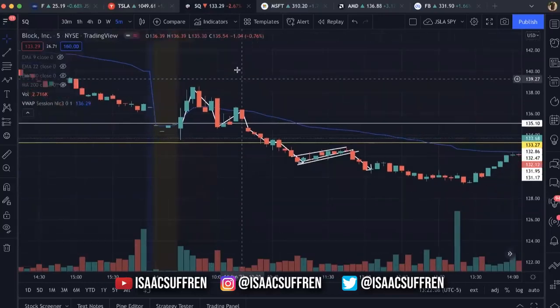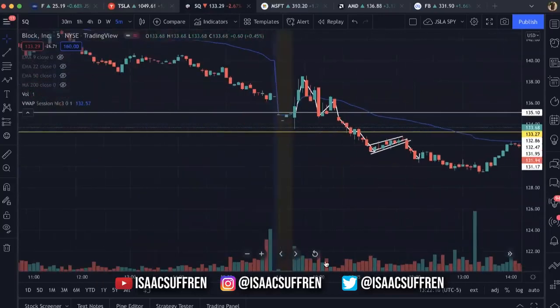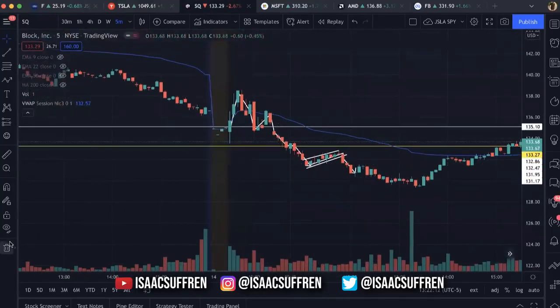Then we have SQ, we have a VWAP rejection, right? Let me get rid of this real quick just so we can clean this up a little bit. We have the VWAP rejection, we have a move up, we have a move back down under the VWAP, right? Under the VWAP, we retest the VWAP, and we were able to break under our pre-market high level where we made a move down, consolidated at the daily support level where we had another strong move down, where we definitely